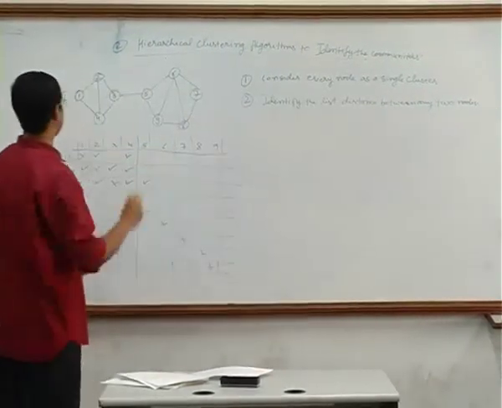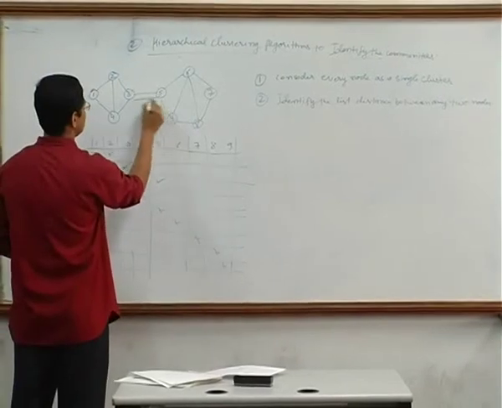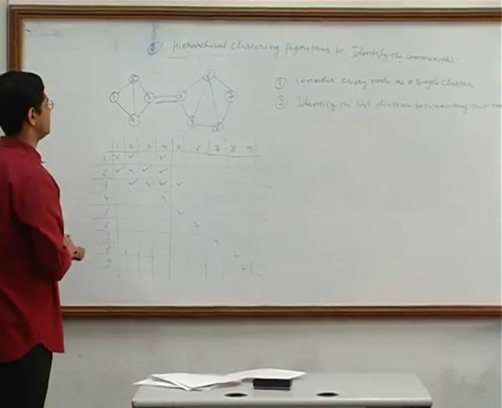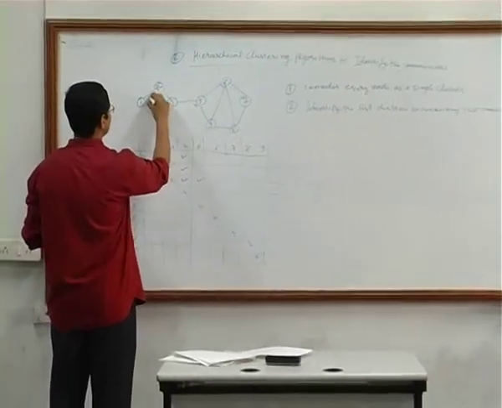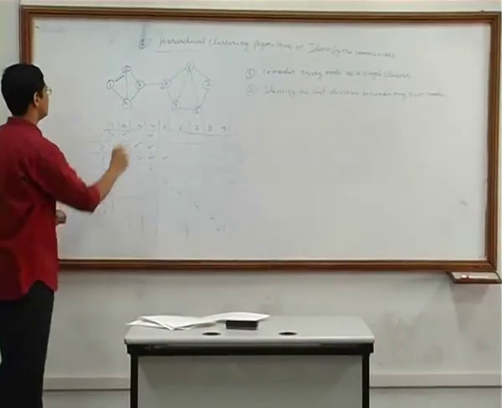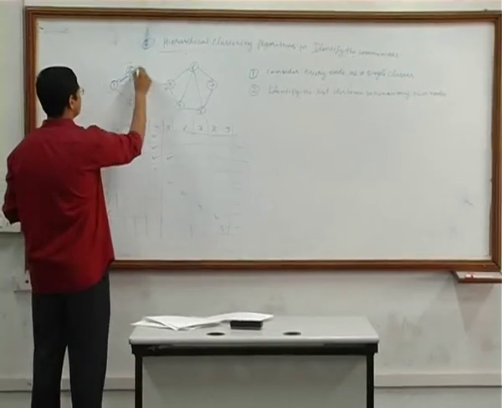For example, suppose this contains the minimum distance. Suppose this contains the minimum distance, 1 and 2. Then we will merge both clusters,